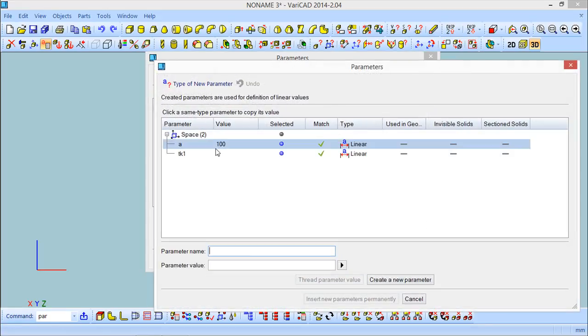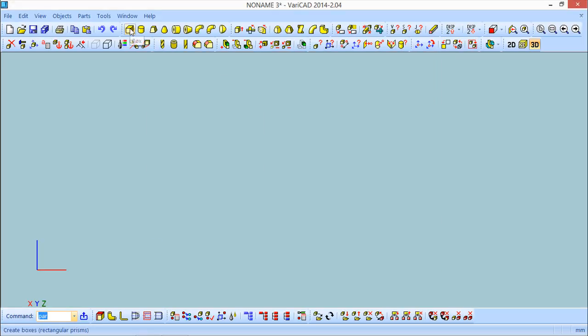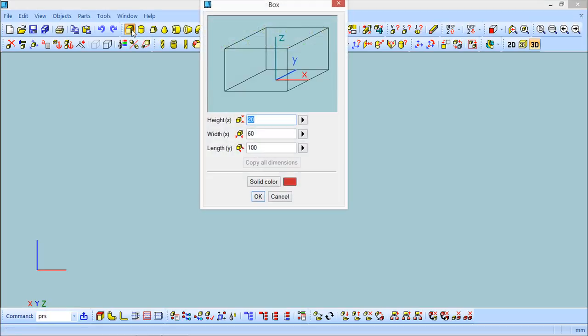I can create a new one, because I want to show you a couple of ways, TK2, and I will use the value 2, and basically it's like it. So I will use this TK1, TK2 for the thickness, and I will use only this A parameter. So now I will create my box again,